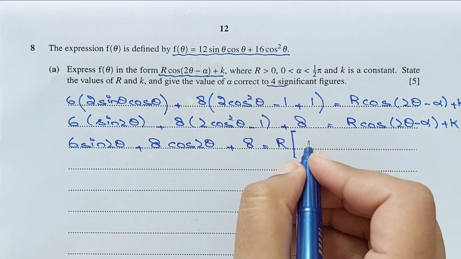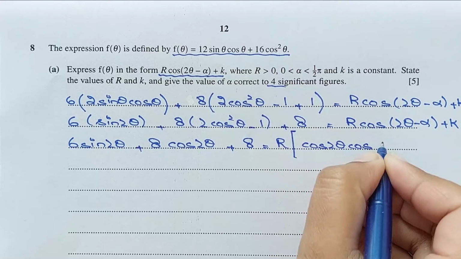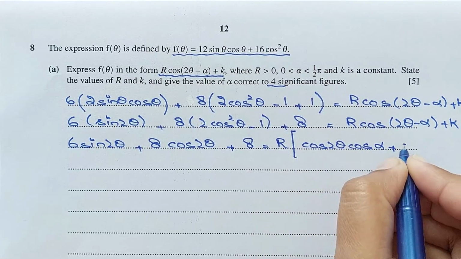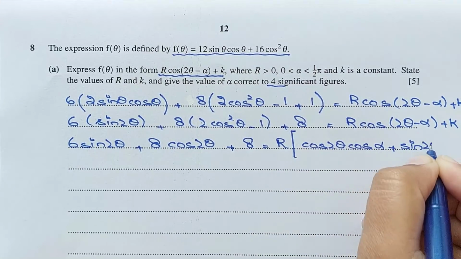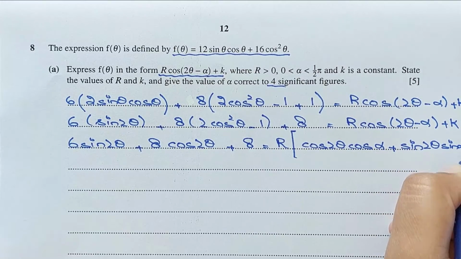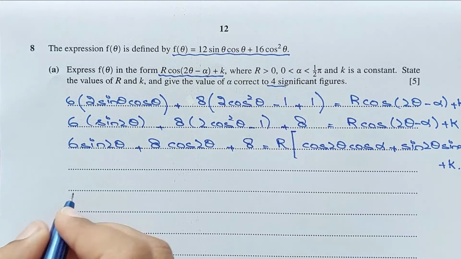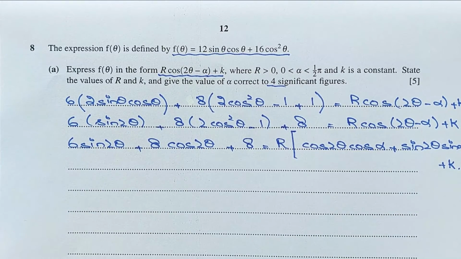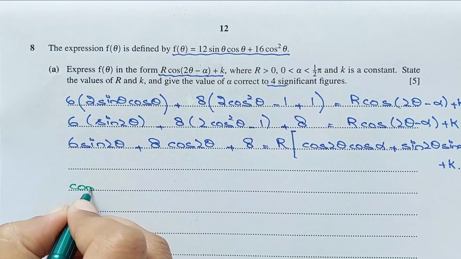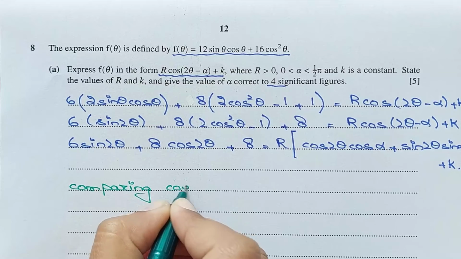The formula is cos 2 theta cos alpha plus sine 2 theta sine alpha, and plus k, right? Now let me do the comparison. We can say comparing coefficients